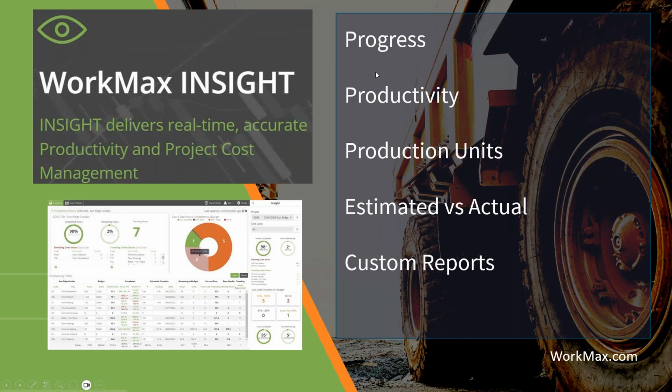Our WorkMax Insight module helps organizations look at progress and productivity. In addition to capturing labor through WorkMax time, we're able to capture production units or what was completed on that job, whether that's linear feet, square feet, cubic yards, or per piece, and then look at estimated versus actual. Because in WorkMax, we have the ability to pull in budgets,